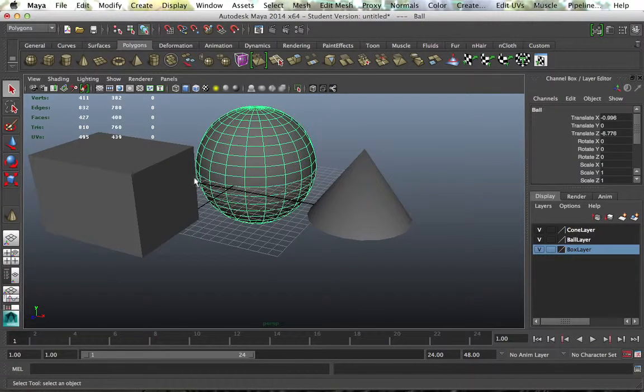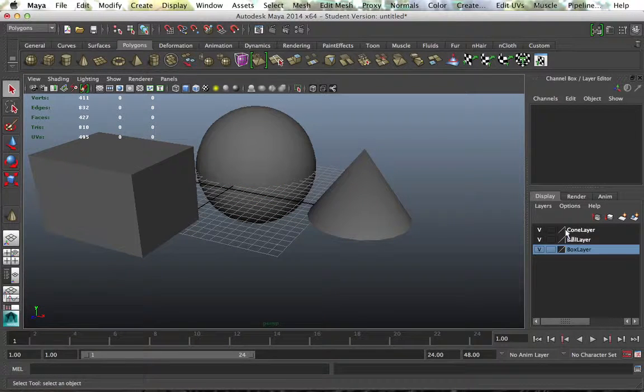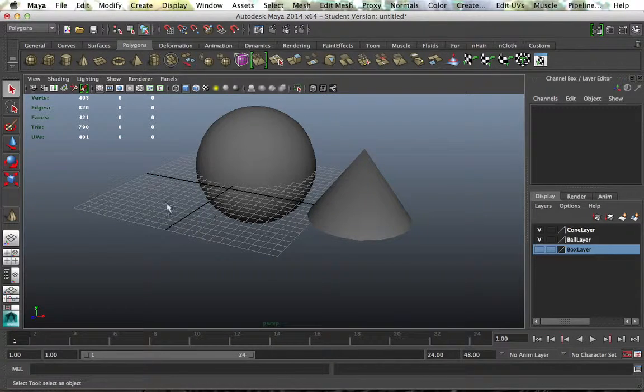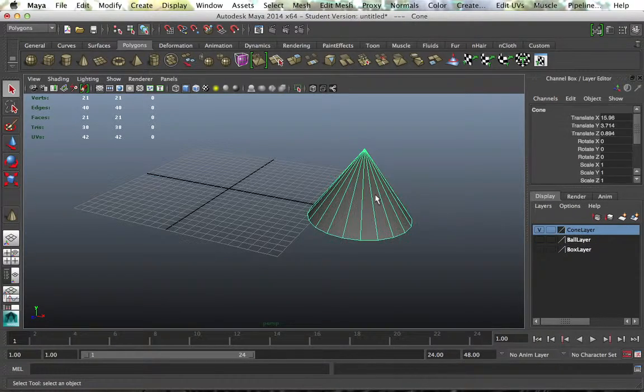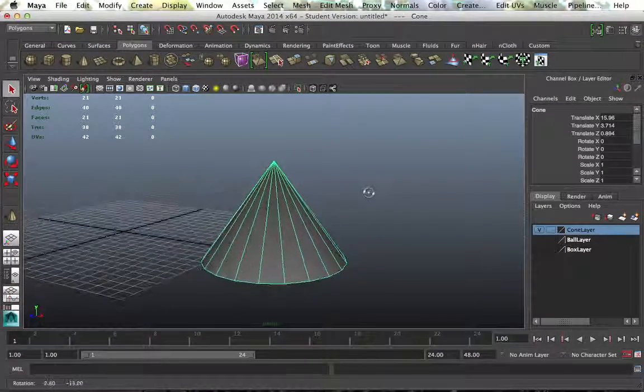Now, they still operate in the same space in a sense, but if you notice next to each layer we have a letter V. Now that V stands for visibility. So for example, say the box layer, if I turn off that V letter, it makes the cube invisible. For the ball layer, if I turn off the V, it makes the ball invisible. So now if I want to, I can just focus in and work